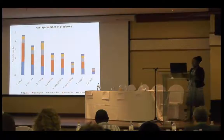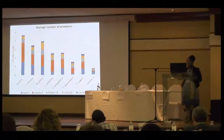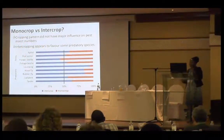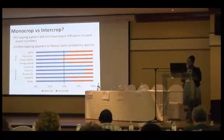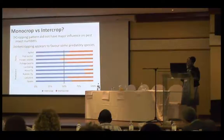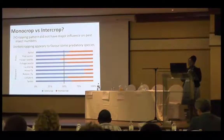aspect, number of predators are much more. The abundance is higher in the grass control plots as compared to synthetic pesticides. And when comparing monocrop and intercrop areas, it just shows that there's not very much difference in terms of pest insect numbers, but the abundance of beneficial insects or predatory species is higher in the intercrop than monocrop,